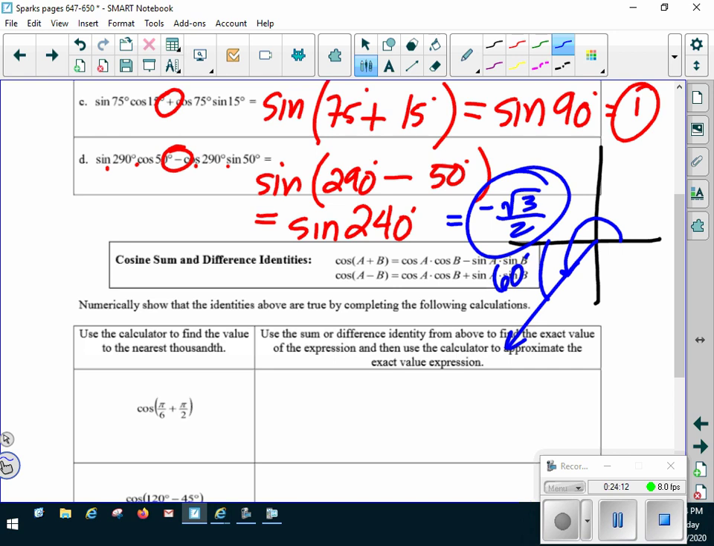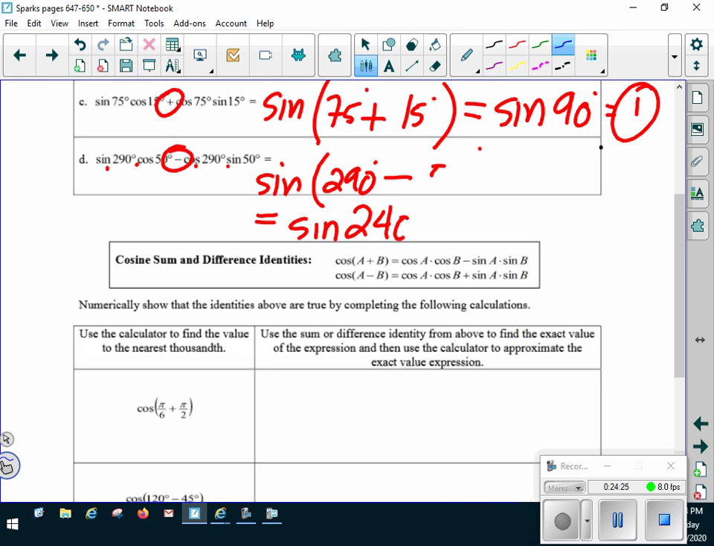And that, ladies and gentlemen, is everything you ever wanted to know about the sine sum and difference formulas. Let's talk a little bit about cosine. When you're doing the cosine of a sum or the cosine of a difference,